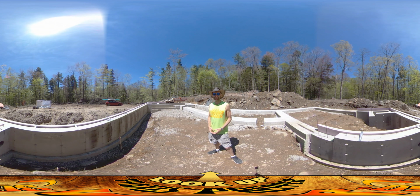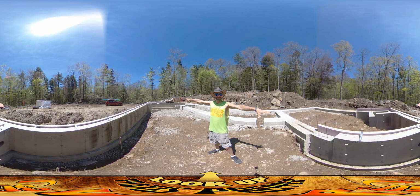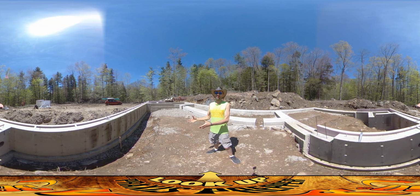We're back on site today. As you can see around you, all the pink insulation has been applied to the foundation. That part is all done. We're waiting for the contractors to come back who are going to lay in the perimeter drainage pipe. And once they get that in, they're going to take photographs to give to the building inspector, and then they're